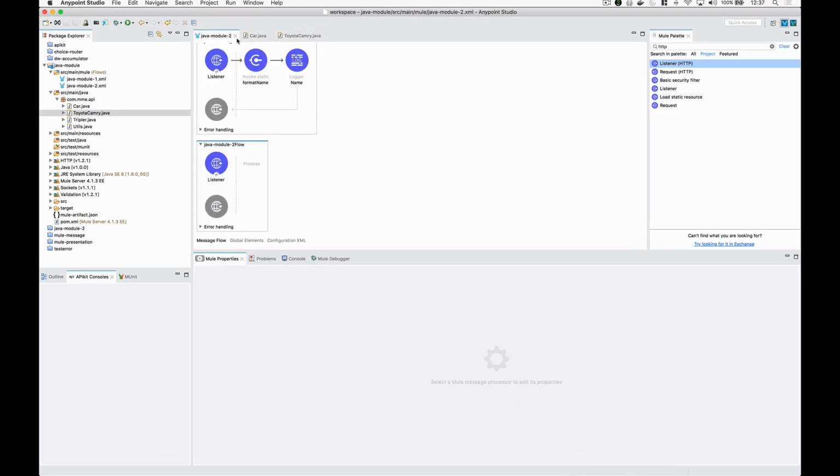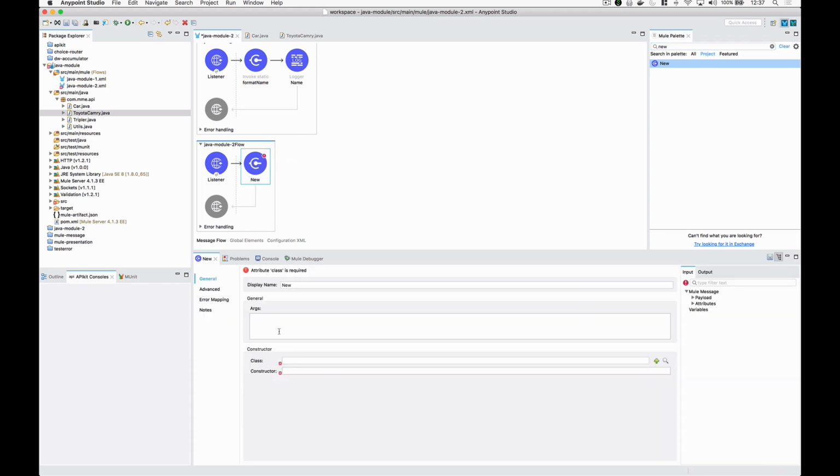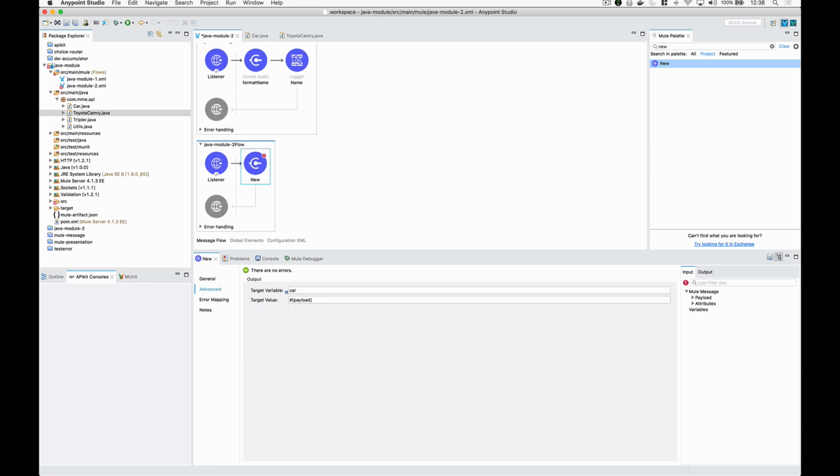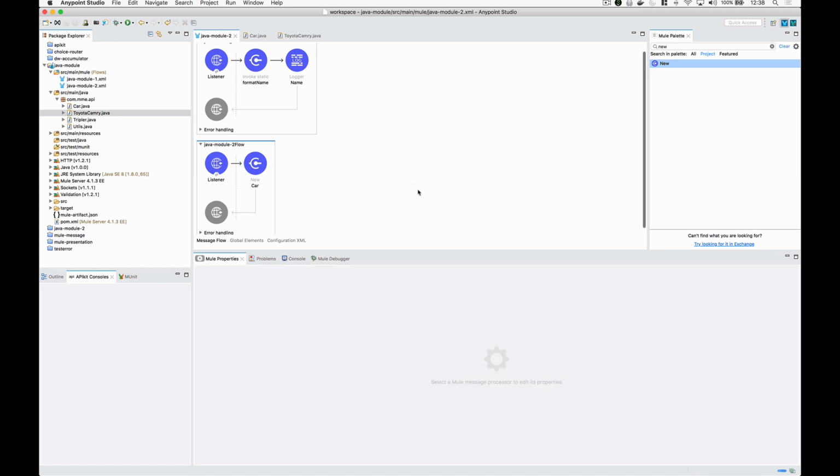So let's go back to our configuration XML. What we're going to do here is create a new instance of car. We don't have any args here. Let's go ahead and give this a better name. For the class, remember we need the fully qualified path class name. I keep doing that. So that's com.mme.api.car, and we're using the default constructor here, so we're not going to specify any method parameters. And for advanced, we're going to set the output of this operation to the car variable. Let's go ahead and save that,